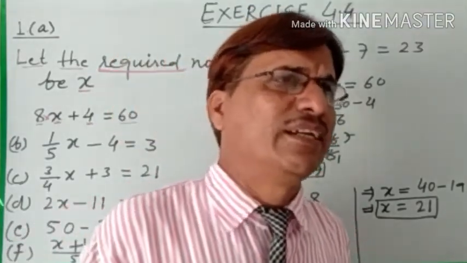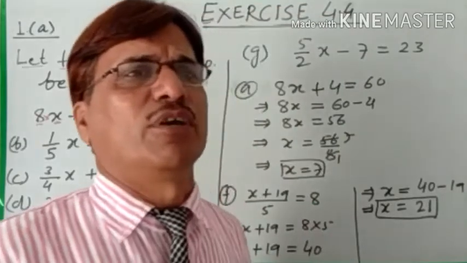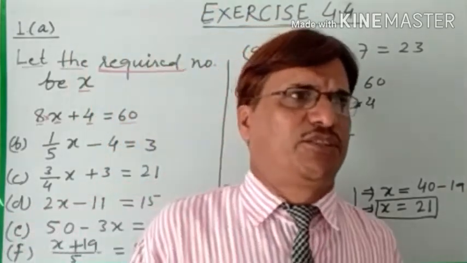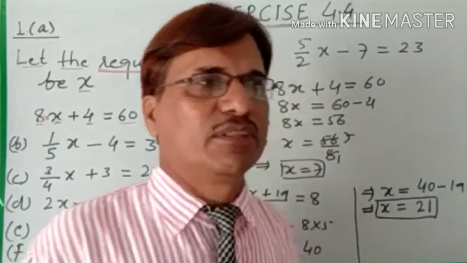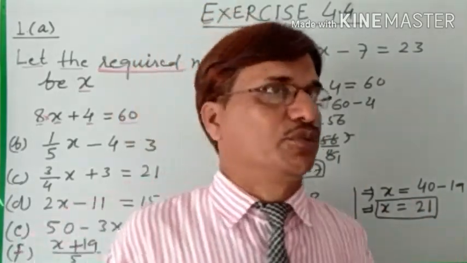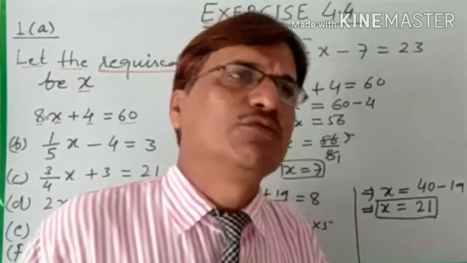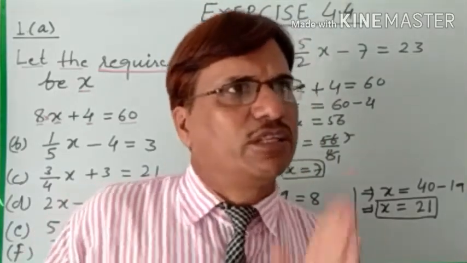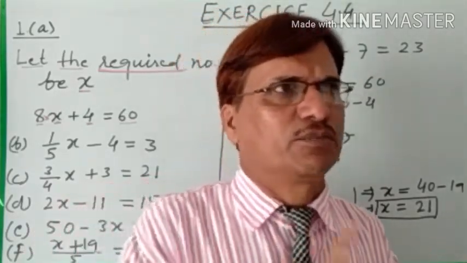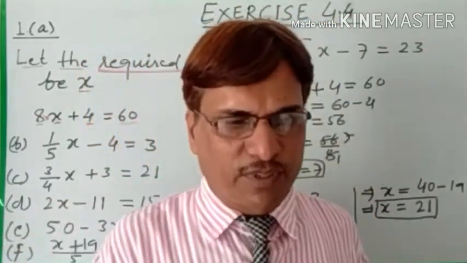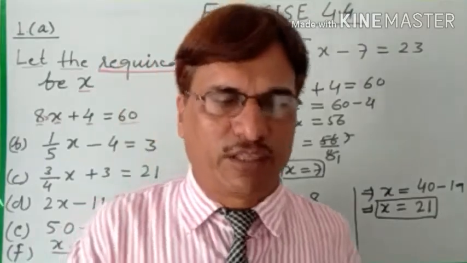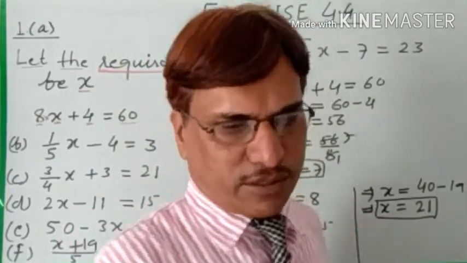You can choose any method to solve the word problem. Students, we have three methods: trial and error method, systematic method, and transposing method. You can choose any method to solve the equation. I prefer transposing method. Okay? Now, question first is set up equation and solve them to find the unknown numbers.